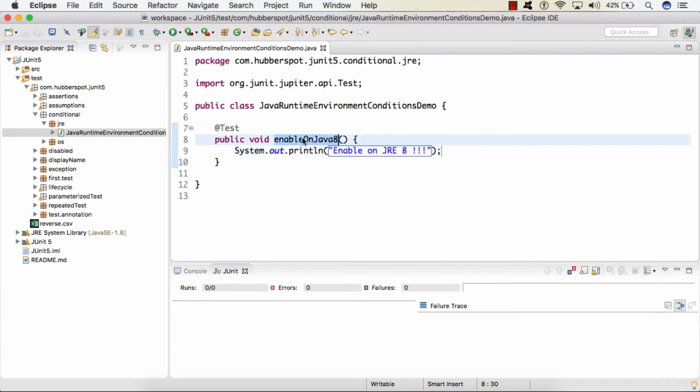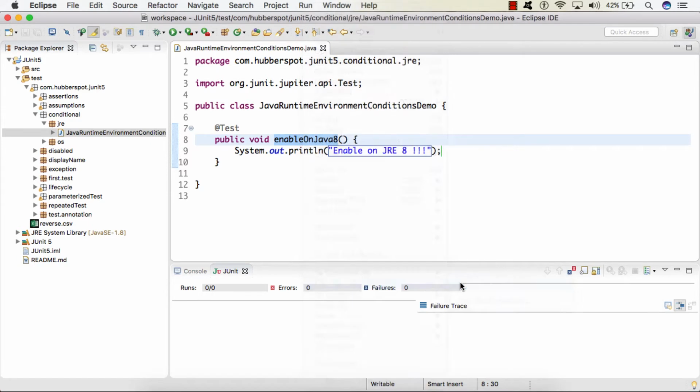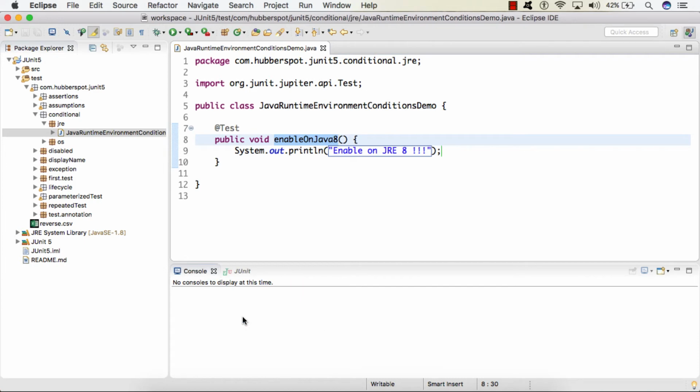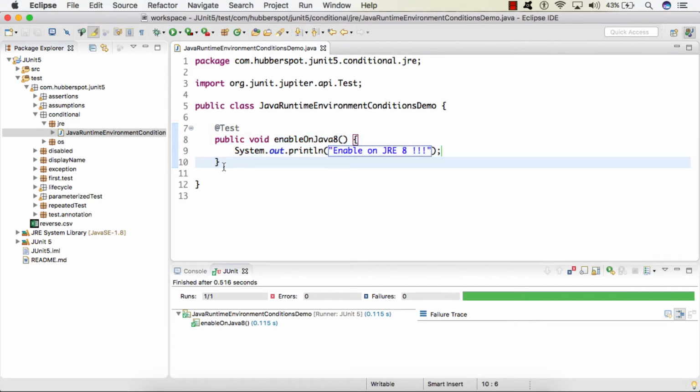So friends, if I run the test case now, you can see the test case got executed successfully, because currently it's a normal test and we haven't provided any annotation which enables or disables this test. Here you can see that currently I'm running this test case on Java 1.8.